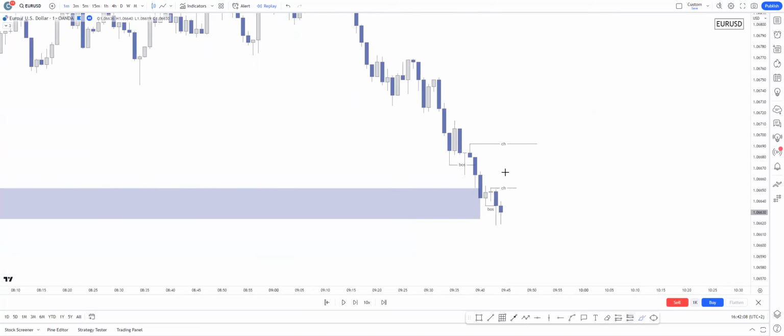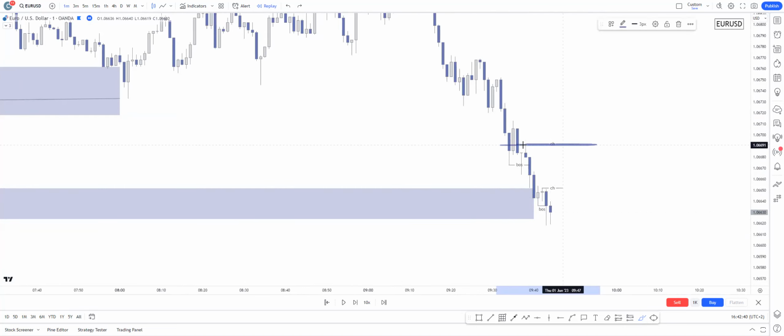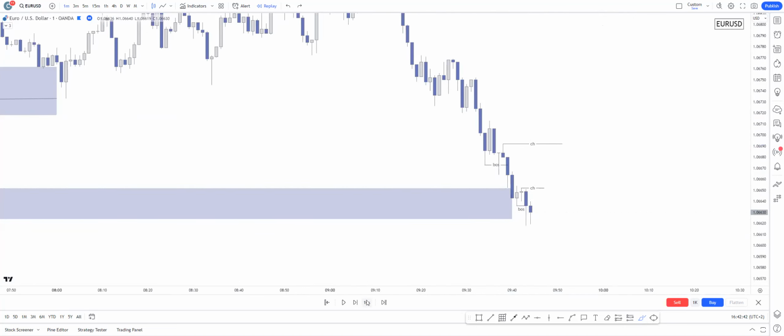I would rather see the fail of this high in this case, because this movement, I would rather see the fail of this supply. For me, to mark change of characters, I would rather wait for the fail of these supply areas, and there is no supply area. Price has made a new break of structure, but there is no supply at this point. As you can see, this is just a whole efficient candles. So I would rather see the fail of this high point in this case in order to call it